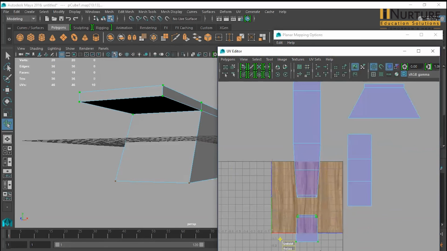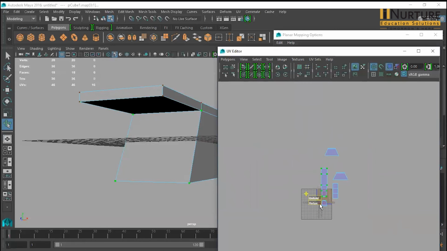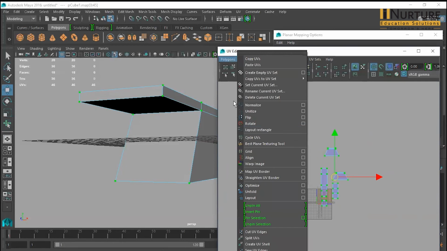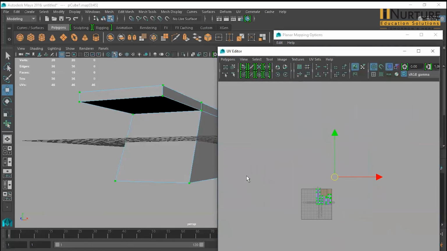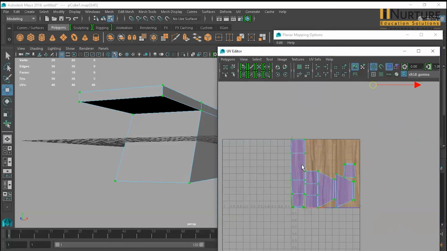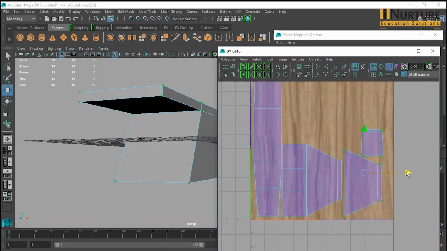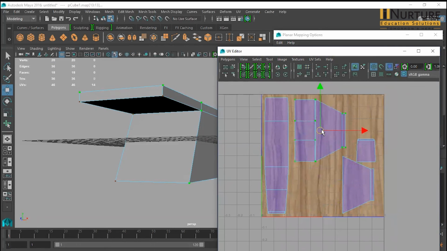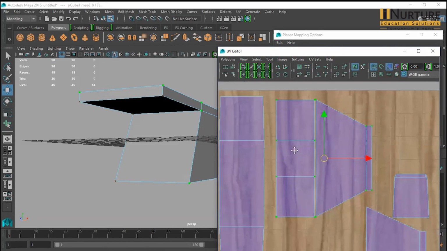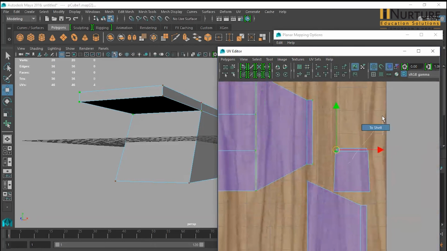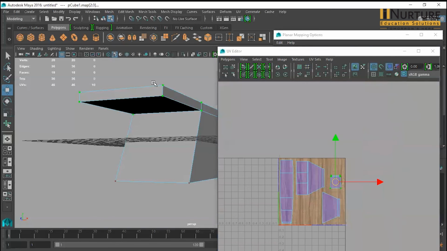Now when all UVs are perfectly unfold and the checker are perfectly square, I can select all the UVs and I can go to polygon and click on layer. And all the UV will be in that box. Just make sure there is little bit space between them so you don't face any problem while doing texture. So we can make a little bit of space between the UVs like this.